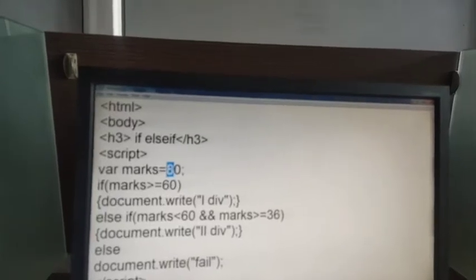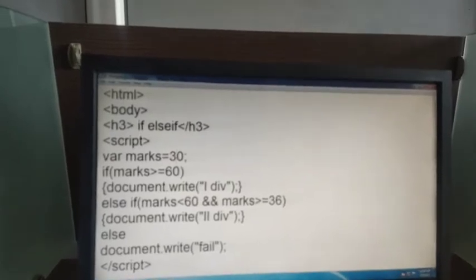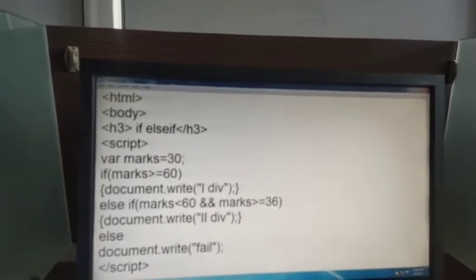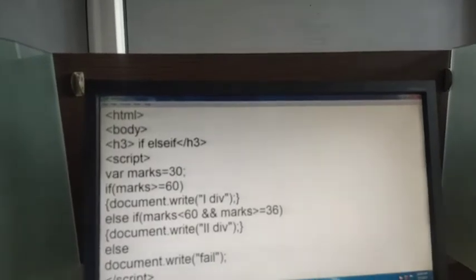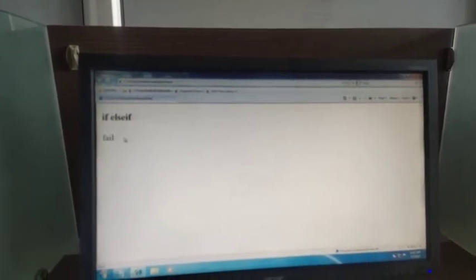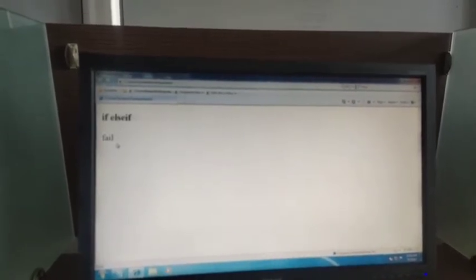Instead of 80, 30. It's just an example. And I have to save it again. Control plus S. Go back to your output. Now click on refresh, either press F5 key from your keyboard, otherwise refresh it. Fail, because 30 is less than 36, so output is coming fail.